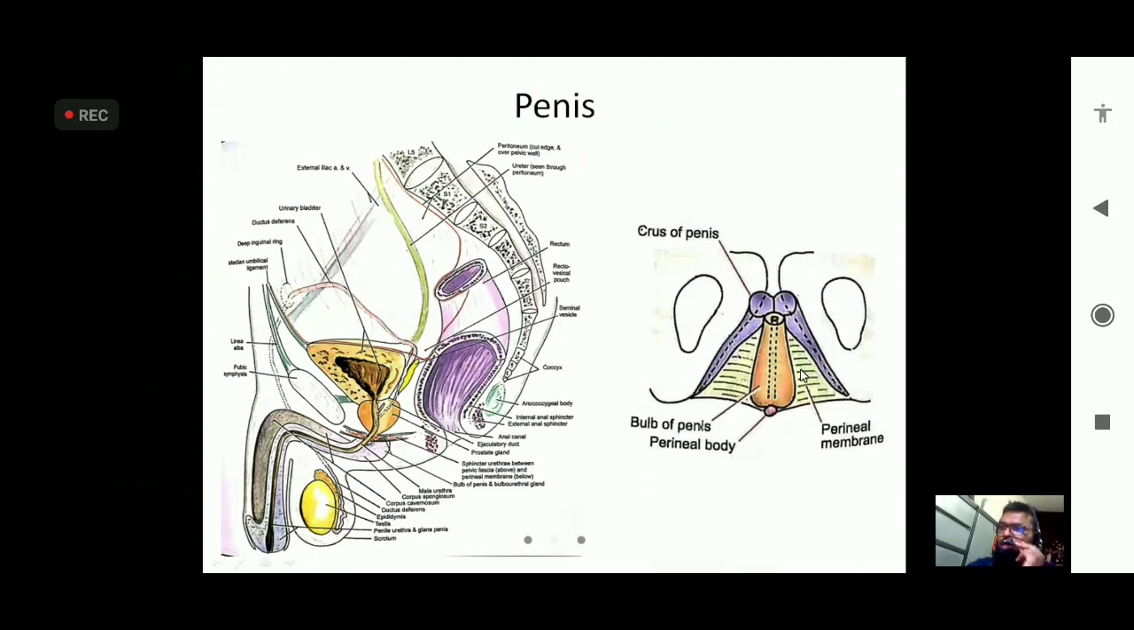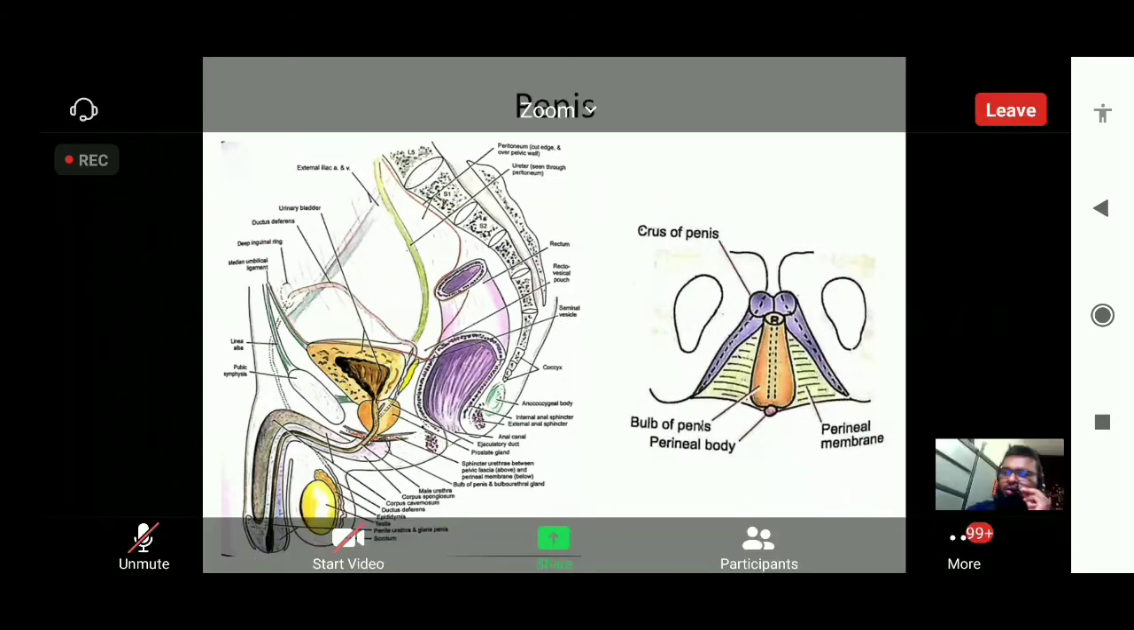We are now seeing it from below, the bulb of the penis, this one is the bulb of the penis. It is located and firmly attached to the perineal membrane in the superficial perineal space, and also the crus of the penis. So the root has how many parts? I've told you, the crus of the penis and the bulb of the penis. And the